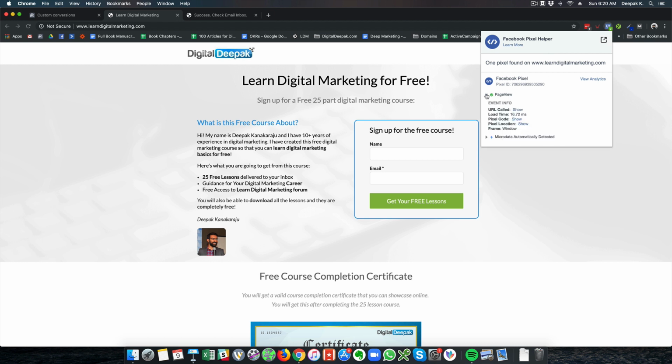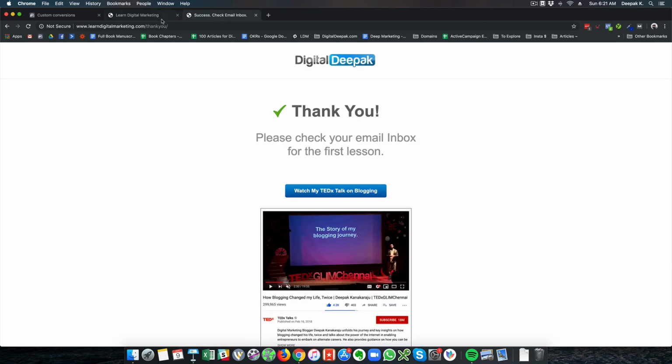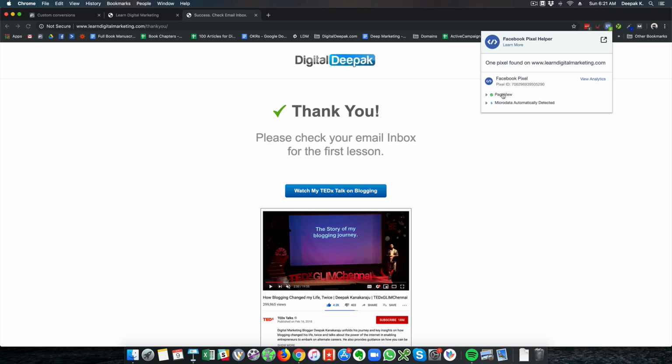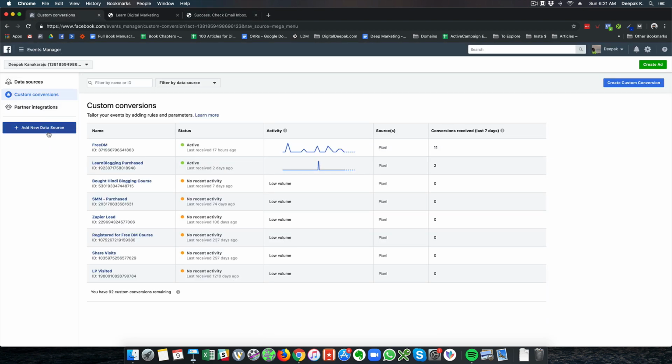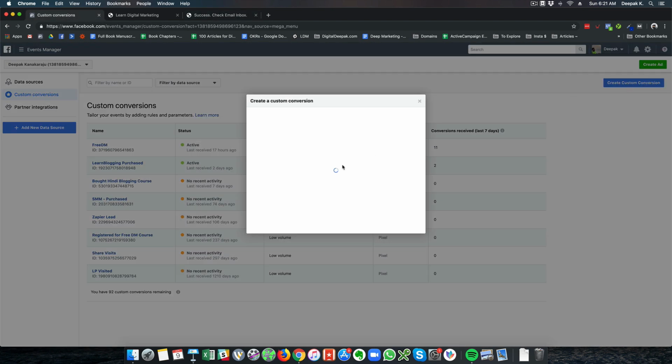Here you can see the event page view is loading, and there is a bunch of data that this Chrome plugin is able to gather. You can also see Facebook Pixel is still loading and calculating the page views. Now I will click on create custom conversion.